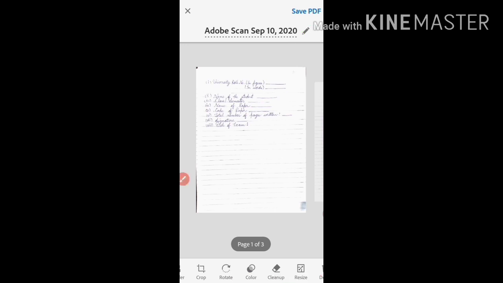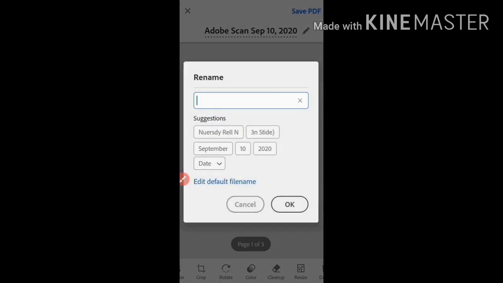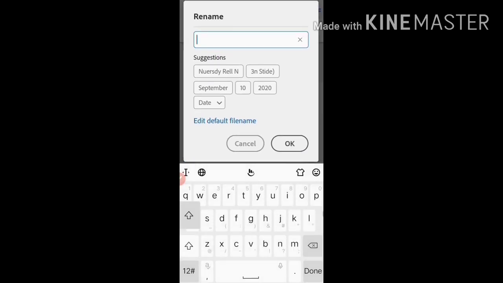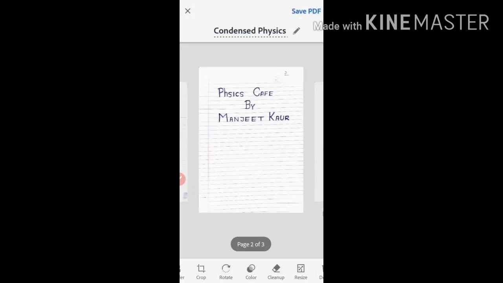So now let's rename the document. Let's take its name Advanced Physics. Now from here click OK. Now these are the number of pages which we added.